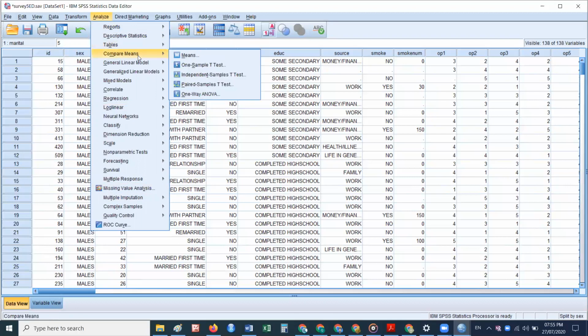Compare means will be used whenever hypothesis testing is required. In statistical inference, this option will be used generally.